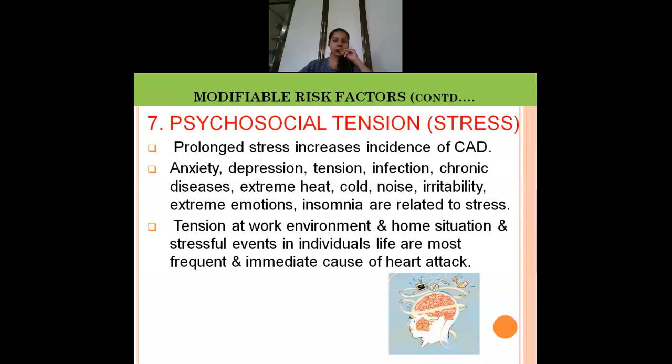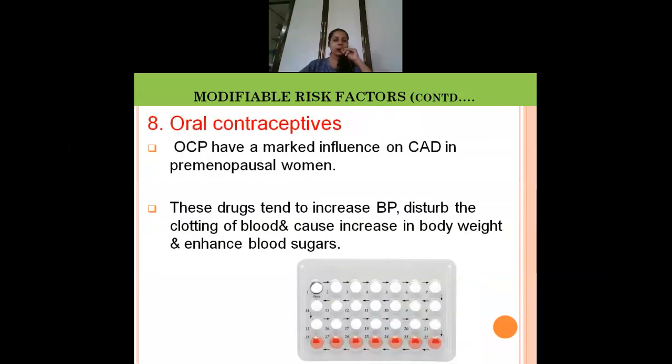Next is oral contraceptives. Now, oral contraceptives are said to increase your blood pressure, for one thing. And next, they will disturb blood clotting. We know if platelets are aggregating more, the risk of heart attacks also will increase. So clots will become more, meaning the clots will circulate more in the blood and that can cause